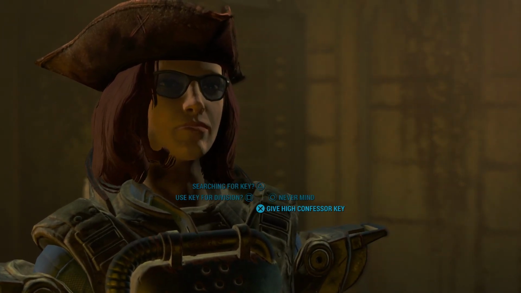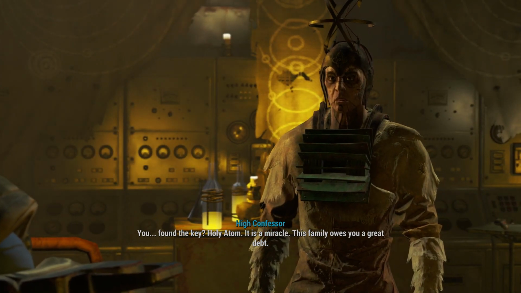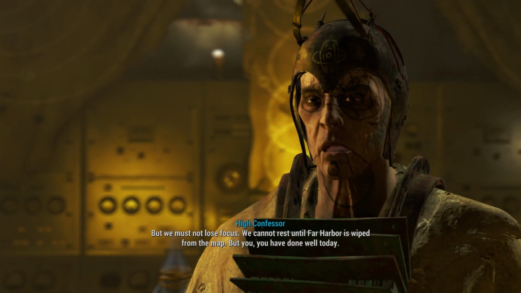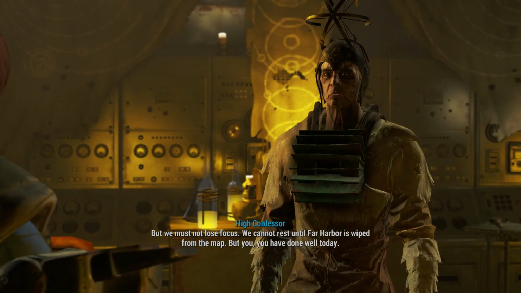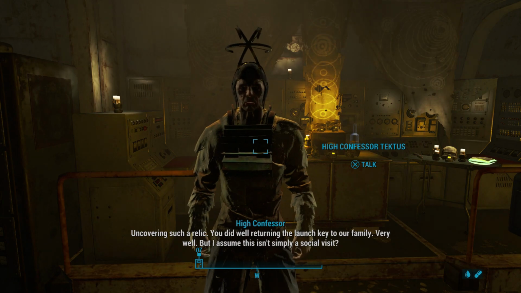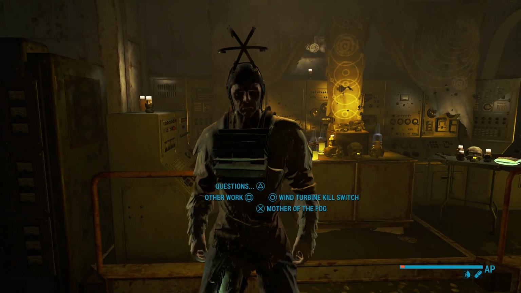So they like it? I recovered the key. I think you should have it. You found the key. Holy Atom, it is a miracle. This family owes you a great debt. But we must not lose focus. We cannot rest until Far Harbor is wiped from the map. But you have done well today. Excuse me, High Confessor? Uncovering such a relic. You did well returning the launch key to our family. Very well. But I assume this isn't simply a social visit. That's it? I can't, like...